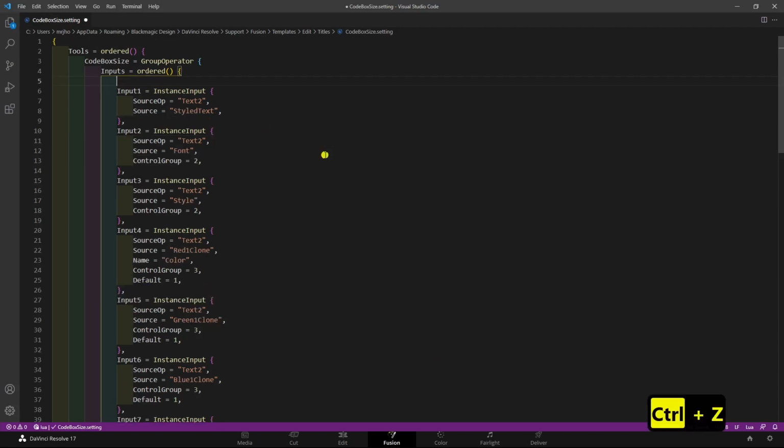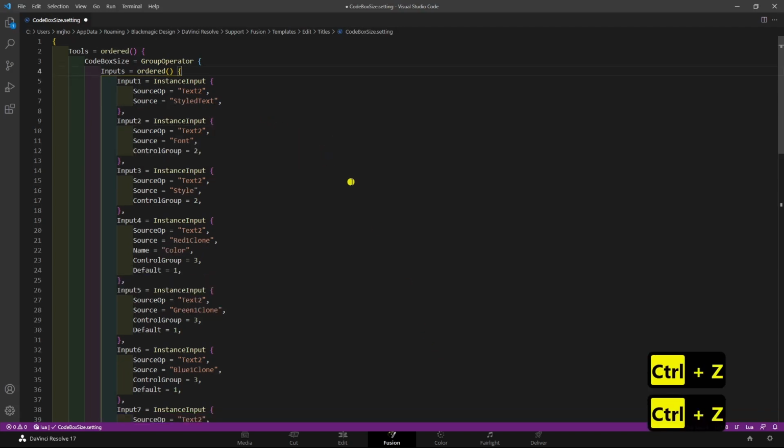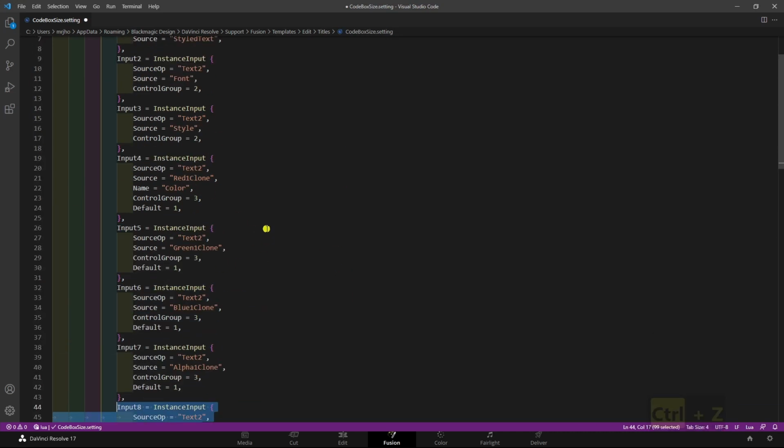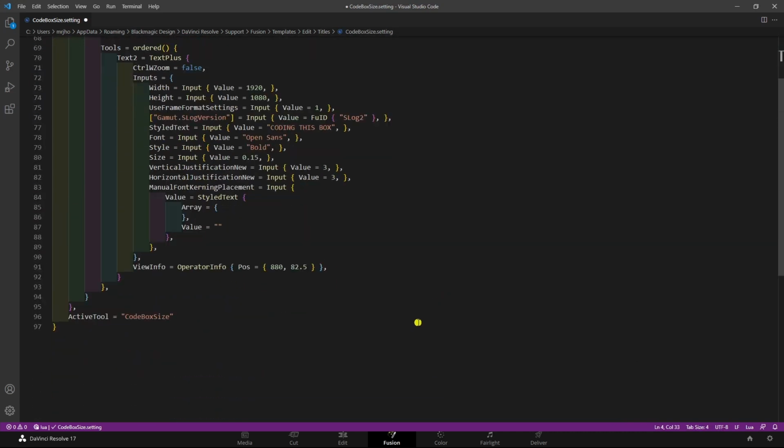I'm going to put that back. I'm just going to do a Control and Z and pop it back. So that's what's in the inspector. To add the code in to change the size of that box, it needs to go here, View Info. If you've added a label or you've changed anything, if you've gone into Edit Controls, under here it will say